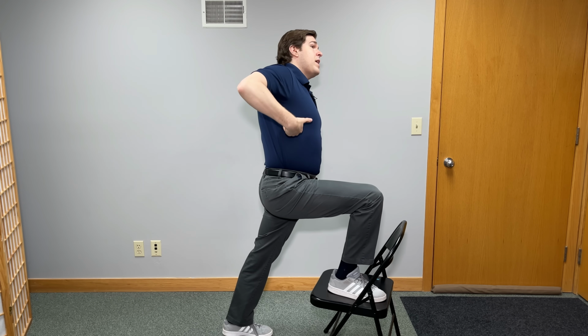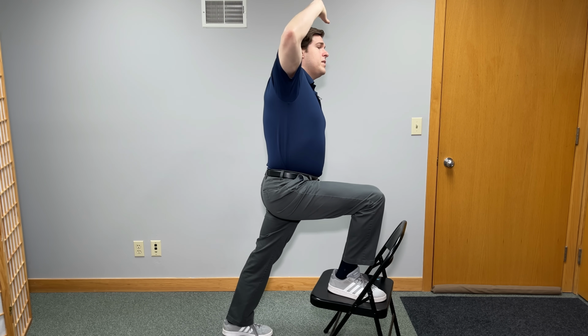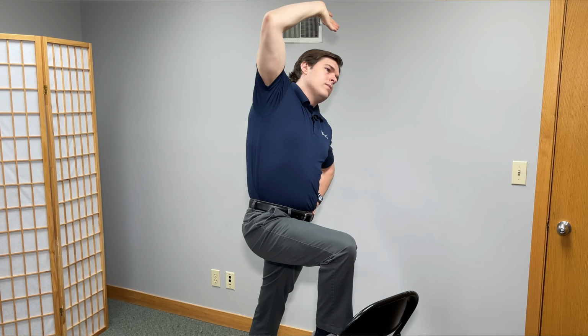You'll feel a deep stretch pretty much from the bottom of the rib cage going down into the lower back, into the hip. It feels really good. Again, I try to hold this one comfortably for about 15 to 20 seconds. I just relax, take a breather, and then I build into it just a little bit more. Try to do this one for 3 to 5 repetitions. And with these exercises, whatever you do on one side, always switch to the other to keep them both in